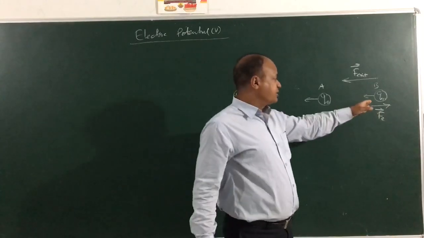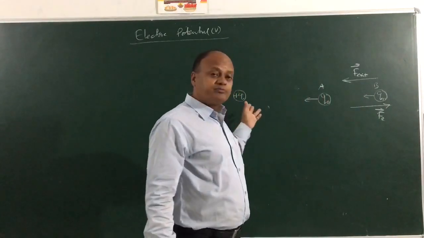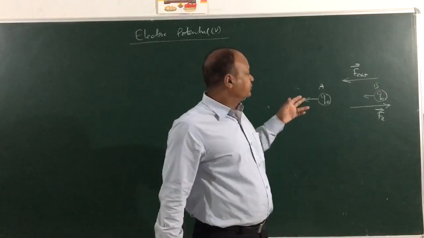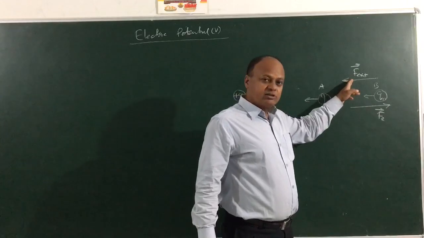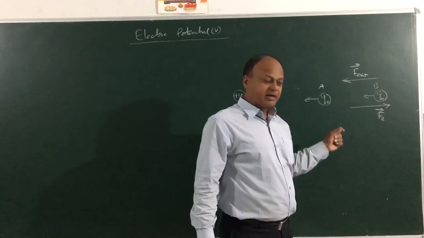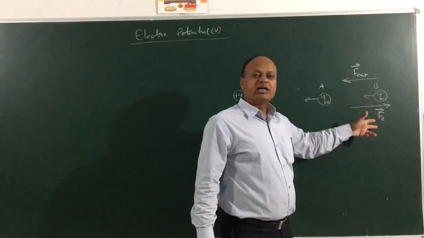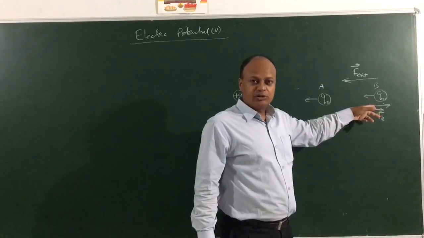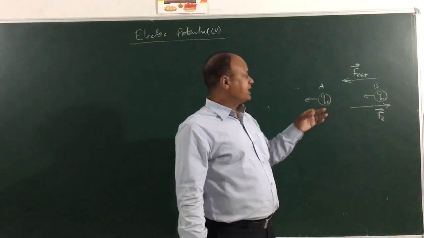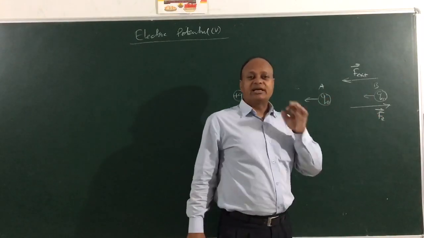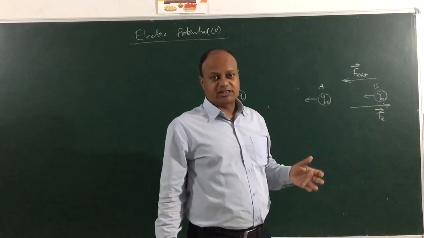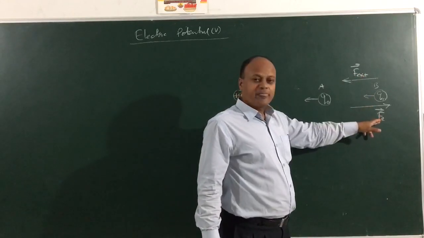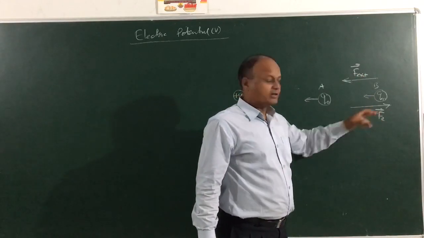Now when I am shifting the charge towards the positive charge Q, I have to be very careful. I have to make sure that the external force is adjusted in such a manner that it is equal to the electrostatic force, meaning the net force on the test charge will be how much? 0, and therefore the test charge will not be accelerated. It will move with uniform velocity, right? So F ext, the external force, is equal to the electrostatic force F.